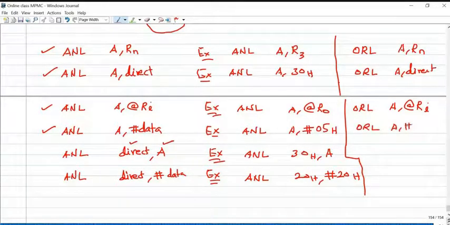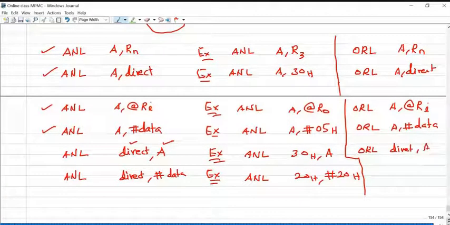ORL A comma immediate data. ORL direct comma accumulator. ORL direct comma immediate data. Here it is logical AND, there it is logical OR.